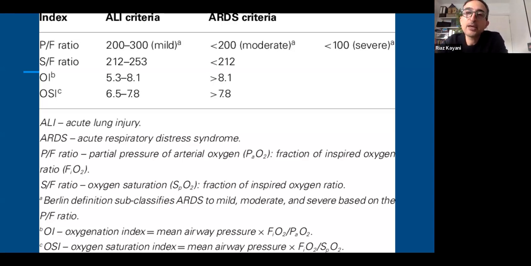There are many things. You can pick your method of description. But in pediatrics, when you're talking to other pediatricians, when you're talking to other intensive care doctors, OI is the main thing that we talk about. So, for example, if you were to be involved with a child who required transfer to an ECMO center, for example, for ARDS, the first thing they'd ask you is what the OI is. Does that make sense?